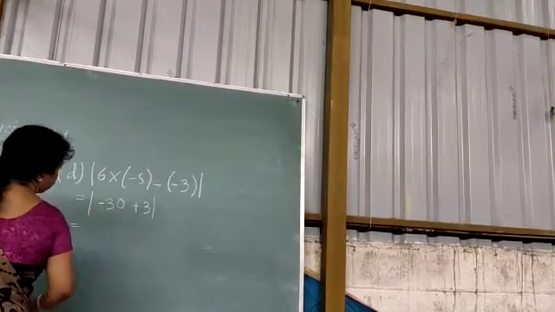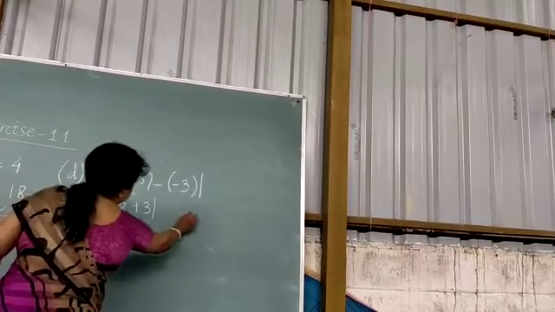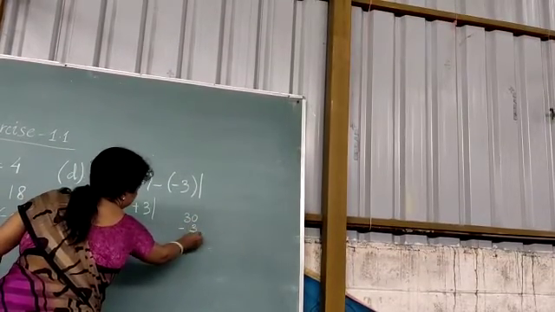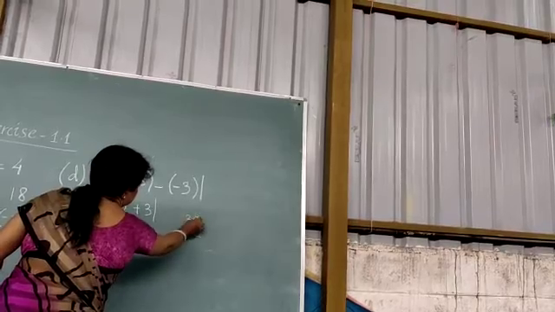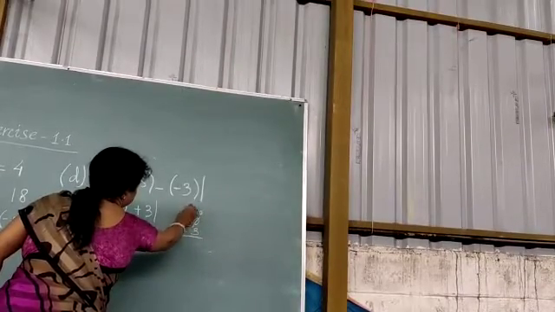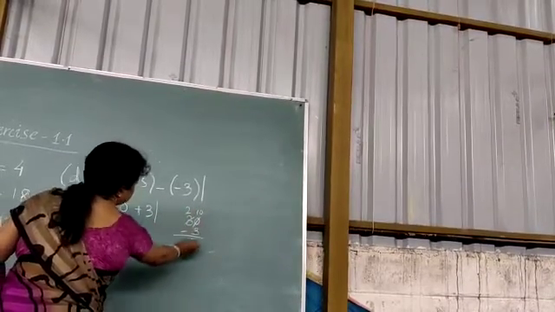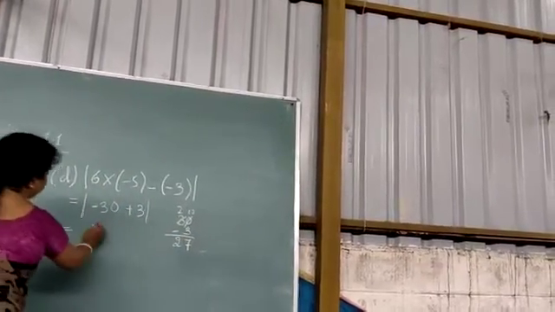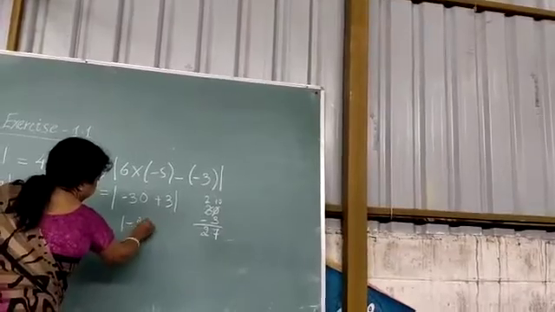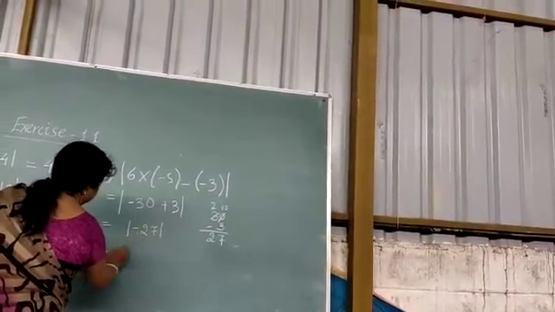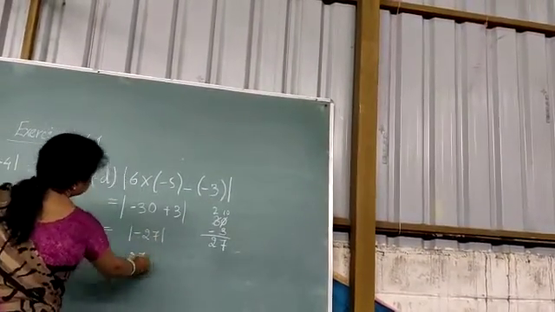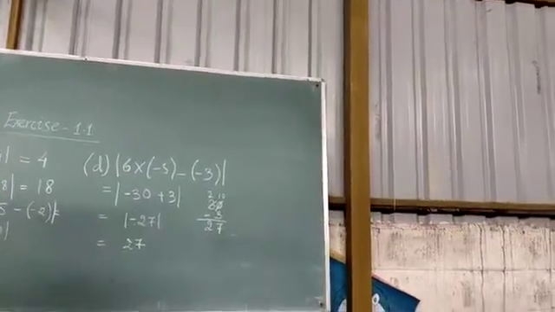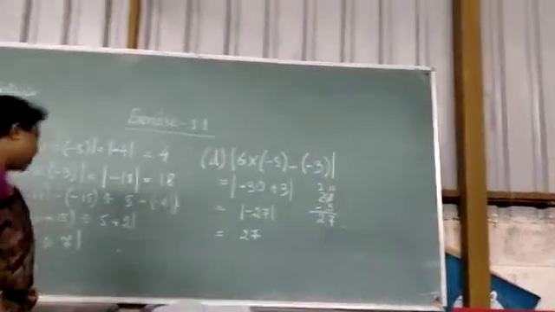So 30 minus 30 plus 3 will be minus, because minus plus is minus. So 30 minus 3 is how much? And let us do 30 minus 3. So here 30 minus 3 is, here comes 10 and here comes 2. So 10 minus 3 is 7 and 2 here. So how much we got? We got minus 27. Right? So what is the absolute value? 27 only. Right? So this is your question number 5.